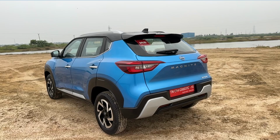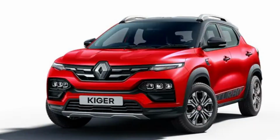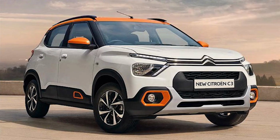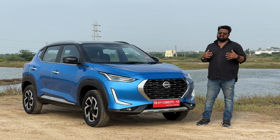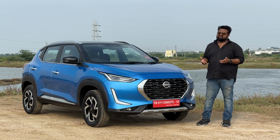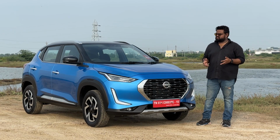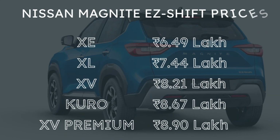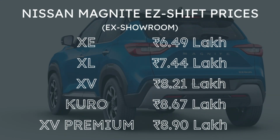Obviously, the other cars to look at would be its sibling, the Renault Kiger. Then you have the Tata Punch, the Hyundai Exter, and the Citroen C3. Among these, the Citroen does not get an automatic gearbox, but the Kiger, the Exter and the Punch are priced a little high. Now, coming to the prices, the Nissan Magnite EZ-Shift starts at 6.49 lakhs ex showroom for